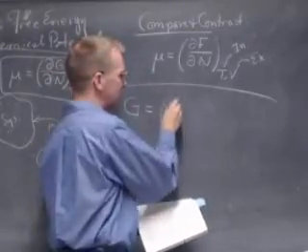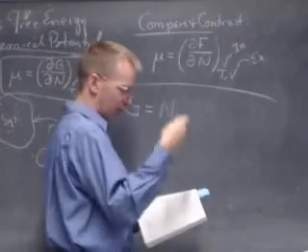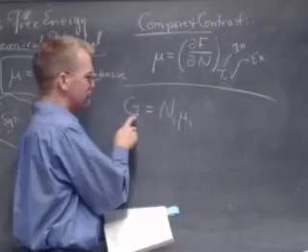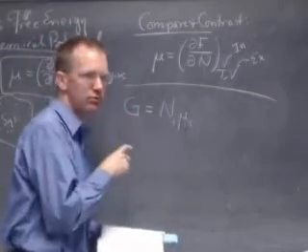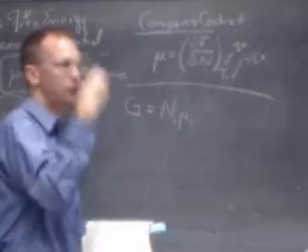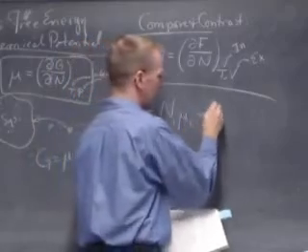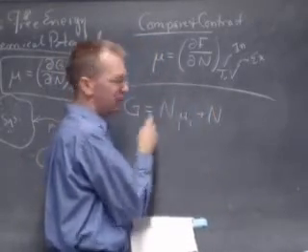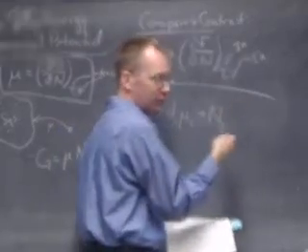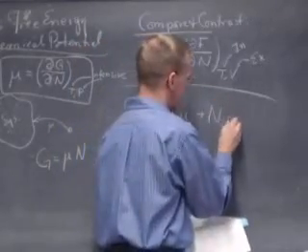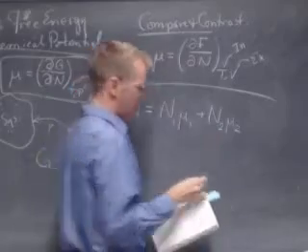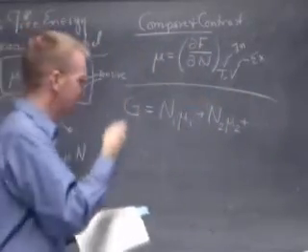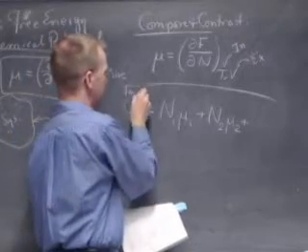Then for each species of particle, each different kind of atom or molecule, I'll subscript it here, instead of just G being N mu, if I've got two different kinds of particles, well, I've got the number of the first one times that one's chemical potential, say helium, plus the number of the second one, say oxygen, and its chemical potential, plus, well, same thing for every other type of particle, species of particle. So in general,